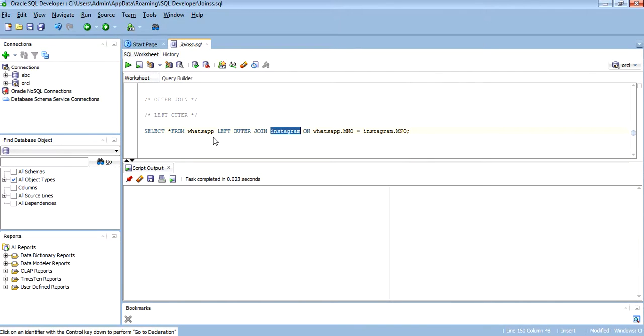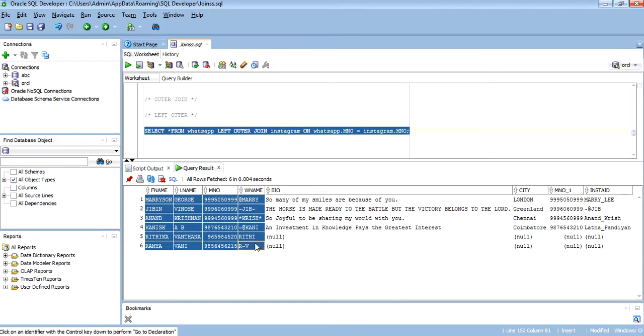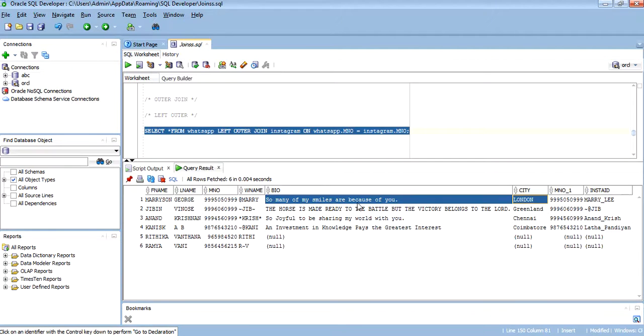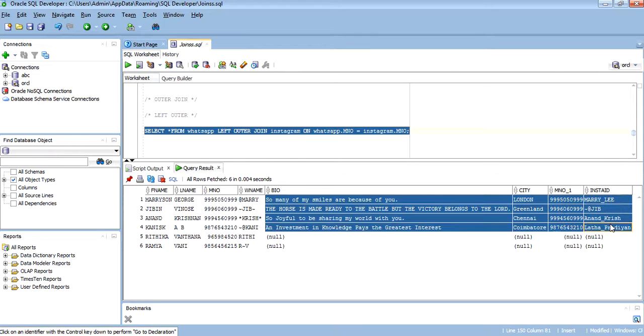It will retrieve all the data from the left table and the matched data from the right table. Let us execute this statement. We can see this is my left relation. It retrieves all the data, and the matched data from the right. These are the data from the right one and we are getting the matched data, based on the mobile number.